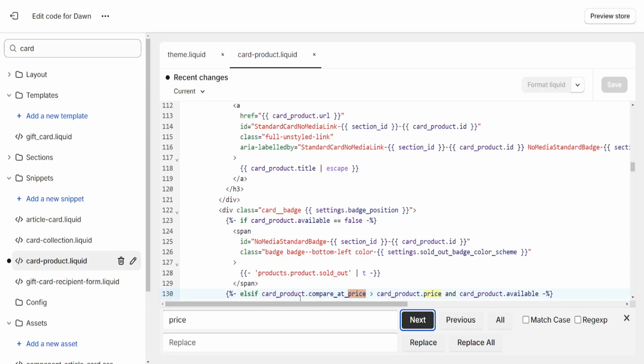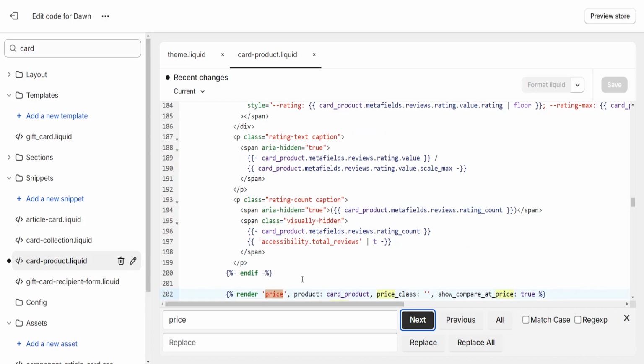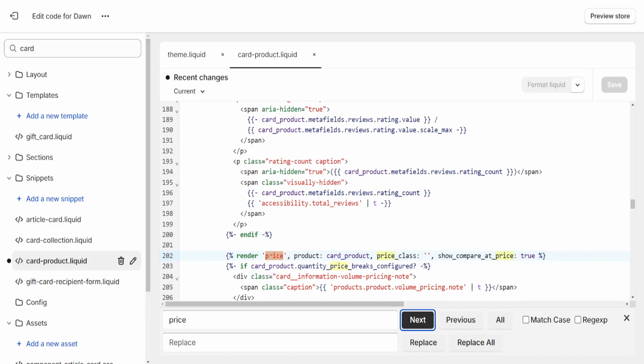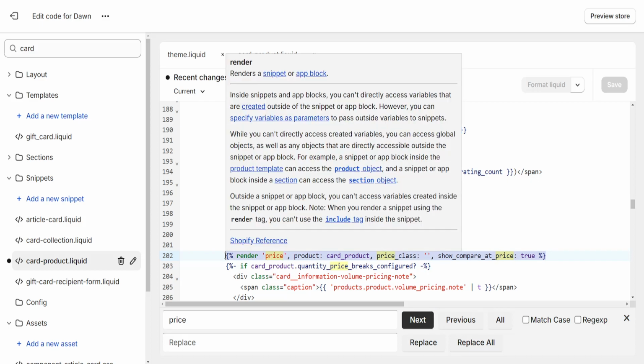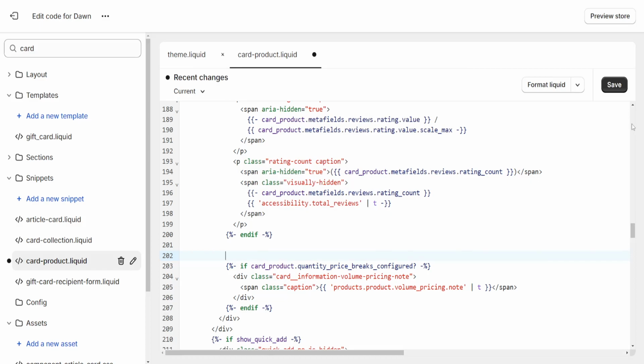Now it's not going to be this one, ELSIF. We want to click on next again, and you want to find this line of code, render price product, and so on and so forth. We just want to highlight this entire line of code and delete it and click on